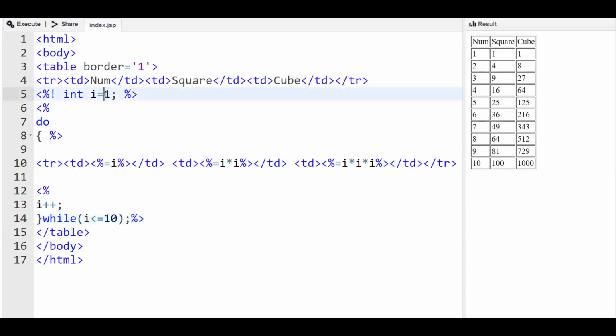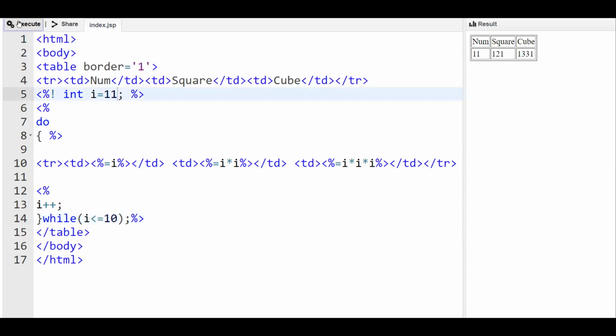Now suppose if I make this as 11, you can see it has printed once. So one time it has gone inside the loop. If the same thing, if i is equal to 11 in the while loop, then it would not have executed. Okay.